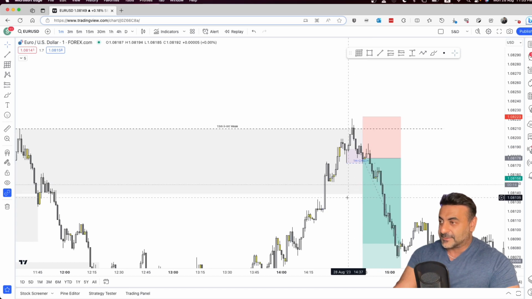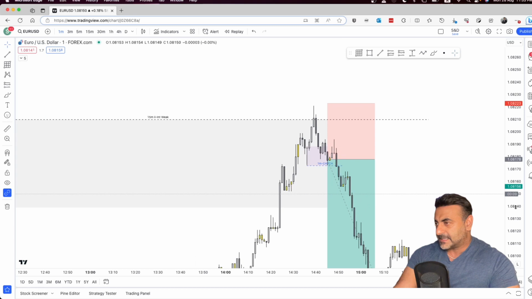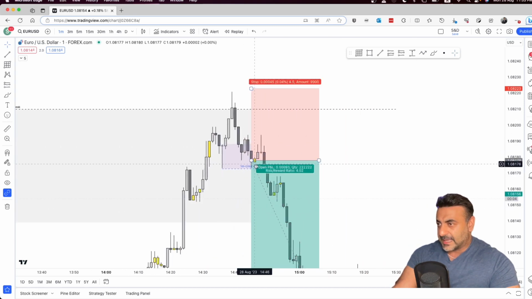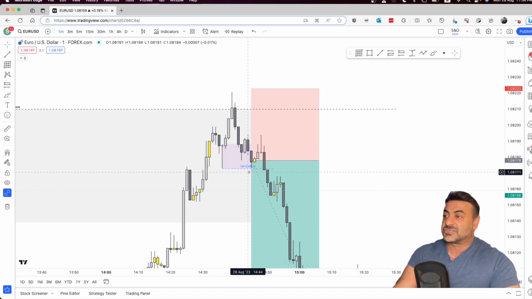And then it failed, right? Now, when I was looking at this on my MT5, you could see here that this wick and this wick are equal. So at this point in time, I haven't had a CHoCH yet, a change of character, right? So if I were to strictly look at this chart, I would not have taken the trade because my CHoCH